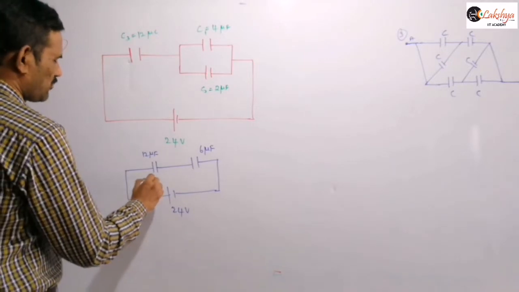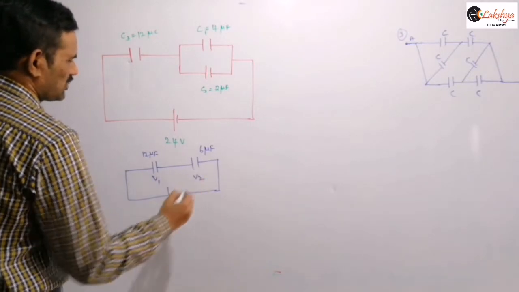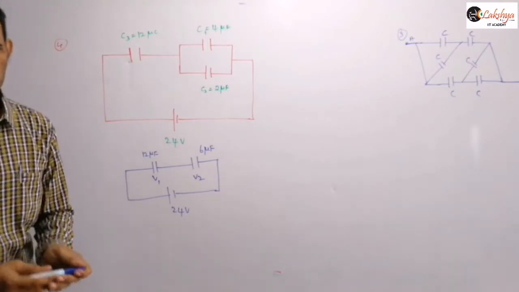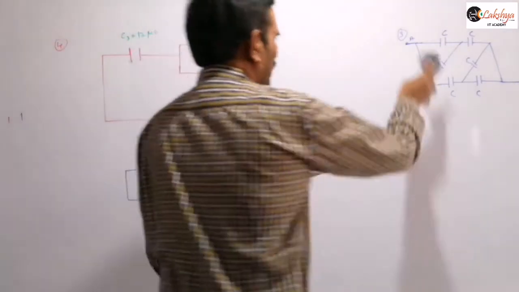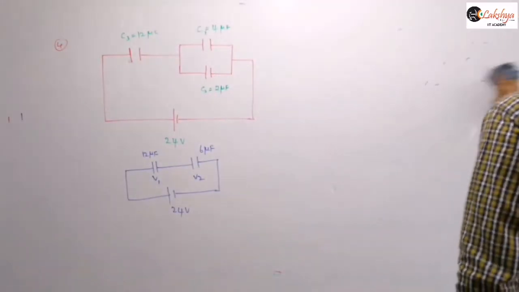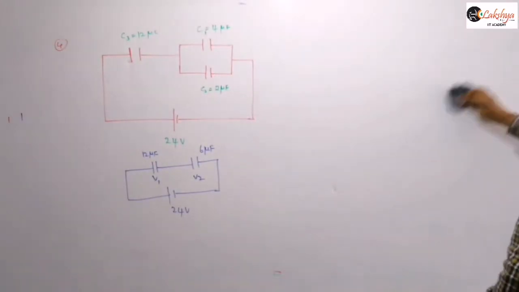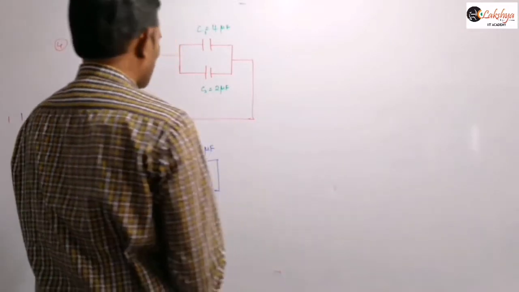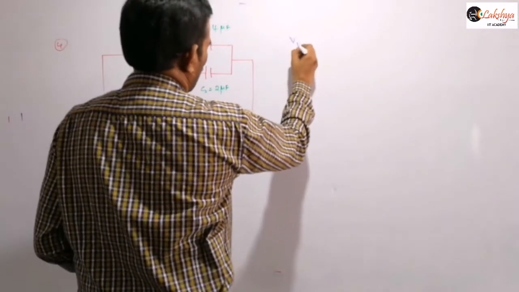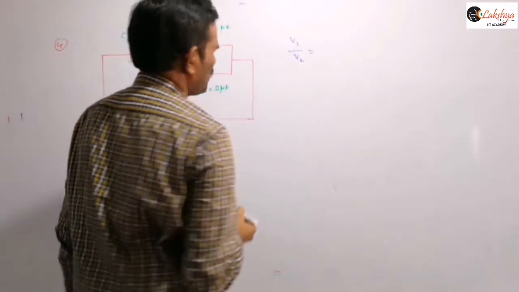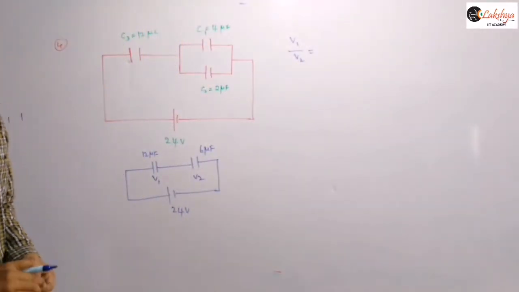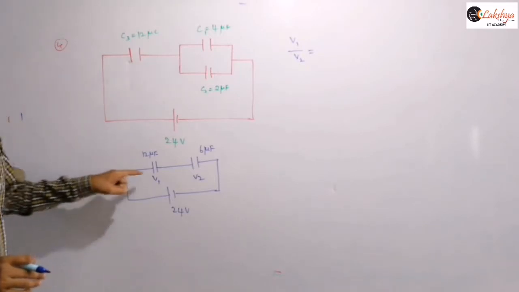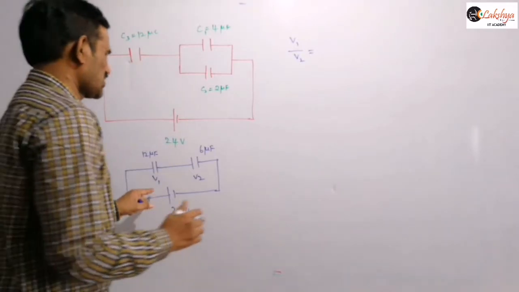Suppose I am taking here potential difference V1 and V2, right? And so now let us calculate the potential difference across each capacitor. When you are finding the potential difference across each capacitor, we know that now two capacitors are in series. When capacitors are in series, the ratio of these potential differences V1 by V2 is equal to, as we discussed, the inverse ratio, that means Q by C we need to write, Q will be same. So it is the inverse ratio here.